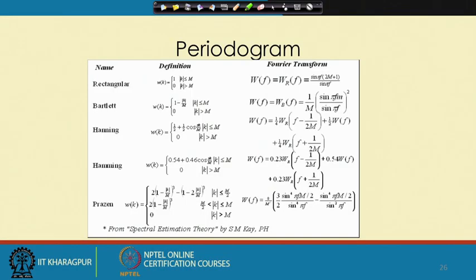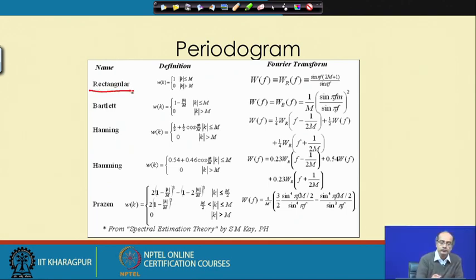So, now we start the periodogram session again. First, we would like to show different kinds of windows, and for the different kinds of windows, we would like to notice you the forms. The simplest one is the rectangular window, where we have a finite amount of data. So, the window varies up to that, and then it becomes 0 on either side. Corresponding to that, the filter we get is the sinc function, and next comes the